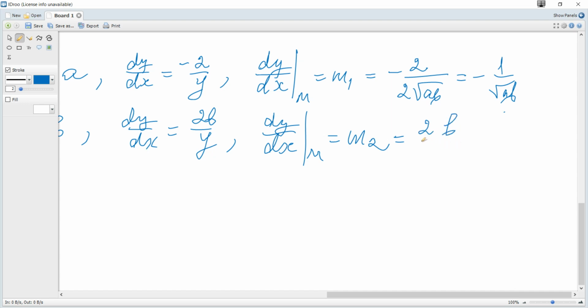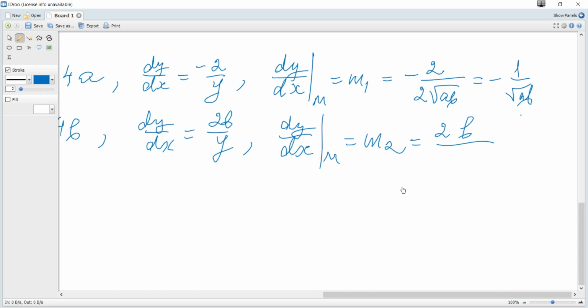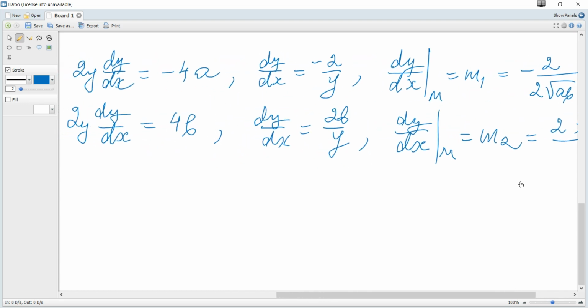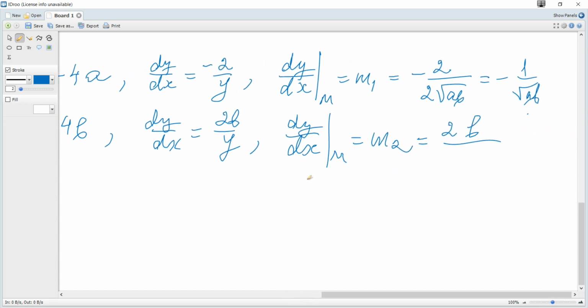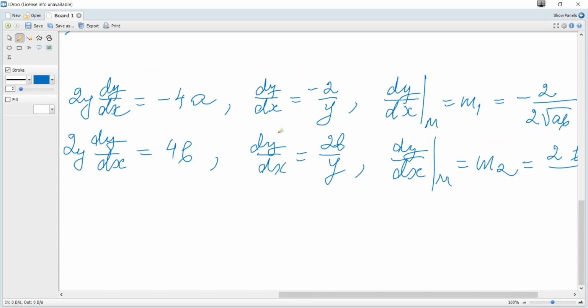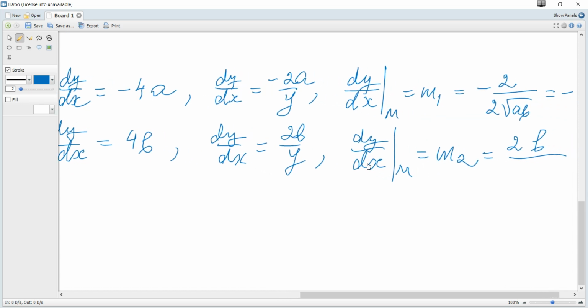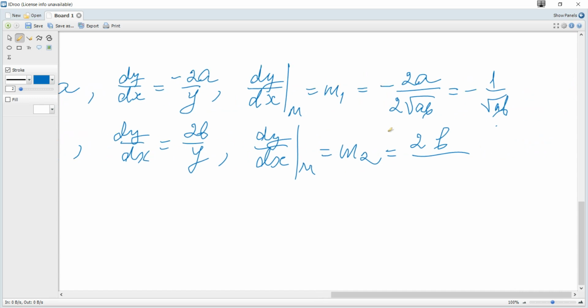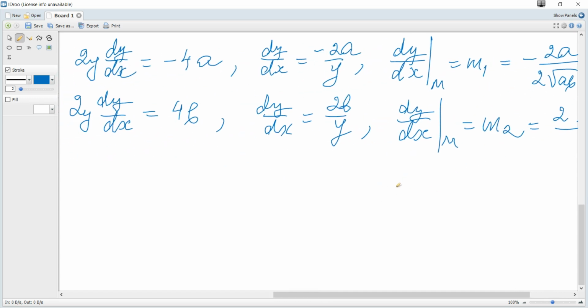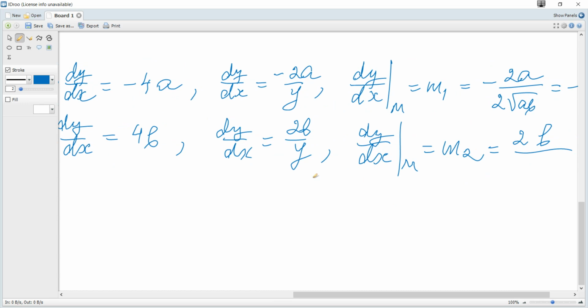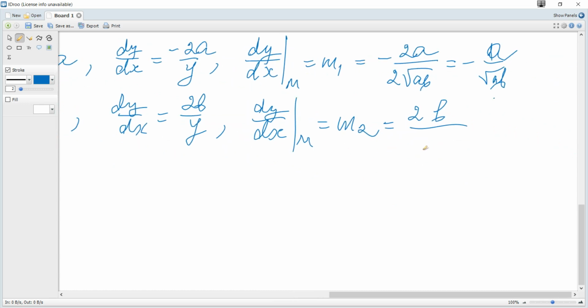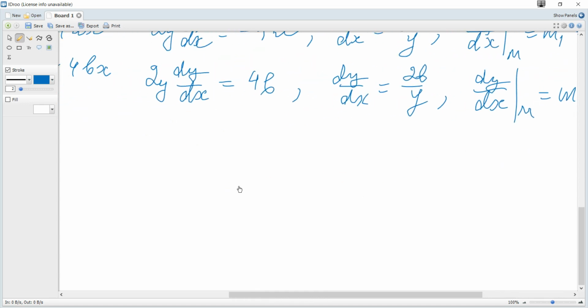2b over... sorry, I have lost, it's 2a here, so it's 2a, and dy over dx to b over y, and y it's 2 root of ab, so it's b over root ab, and hence if we consider